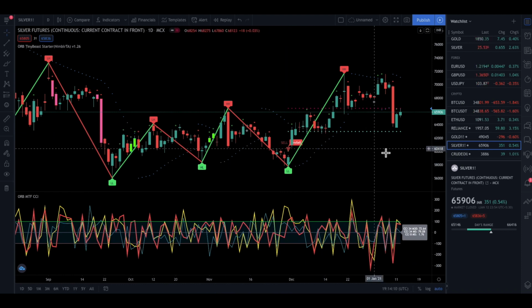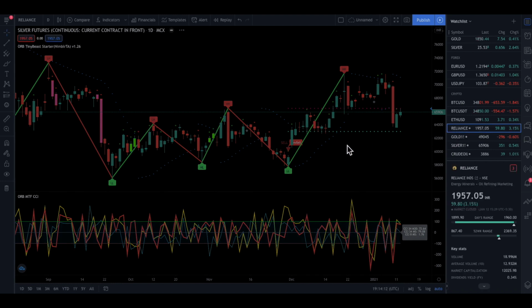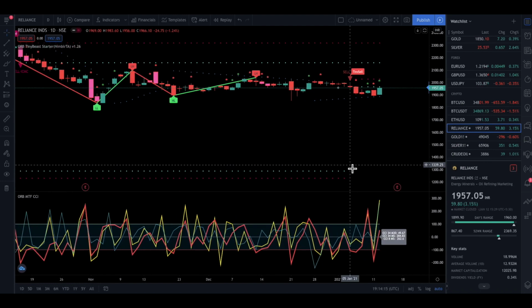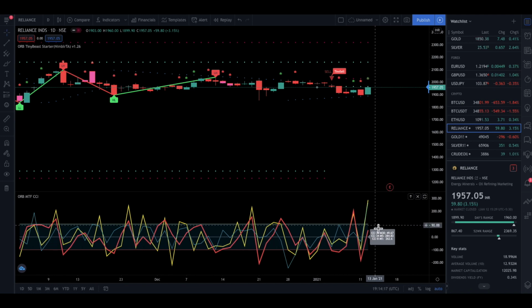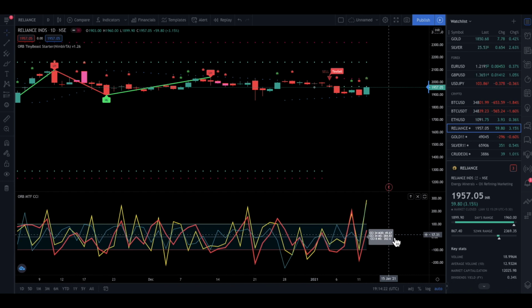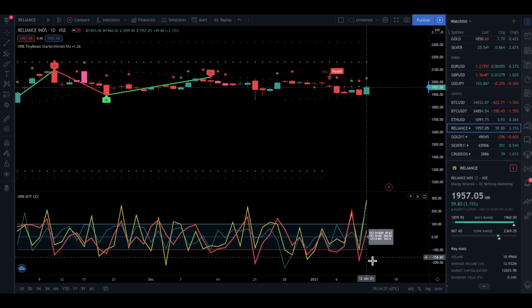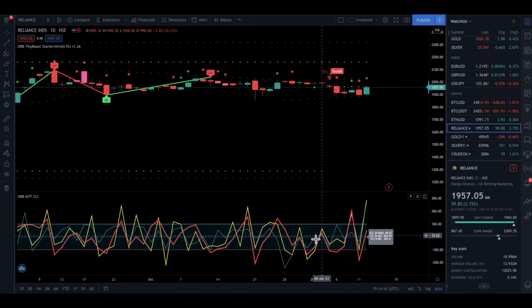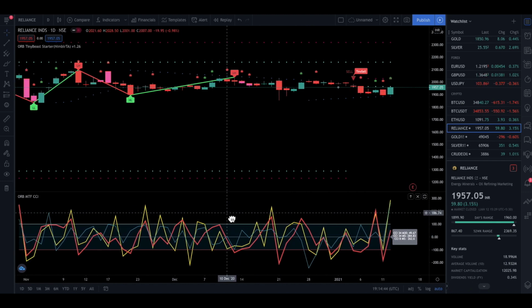Another beautiful thing which we have done is we have made a change in the CCI indicator here. If you see the CCI indicator on the bottom, it also has a label now. It will give you the values. The most current values will be displayed here. If the CCI 30 minute is above 100, then this will become green. If the CCI 34 periods M30 is below minus 100, it will become red. Otherwise, if it's between the band, it will be gray. So this also gives you a visual representation as to what is happening.